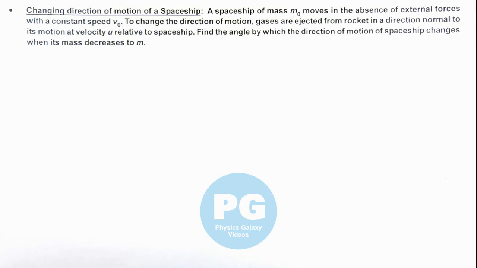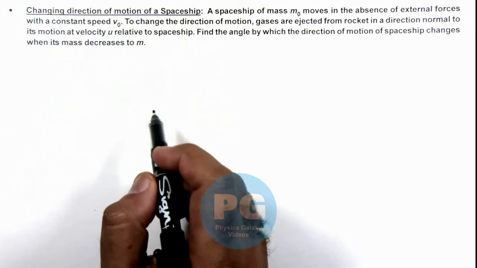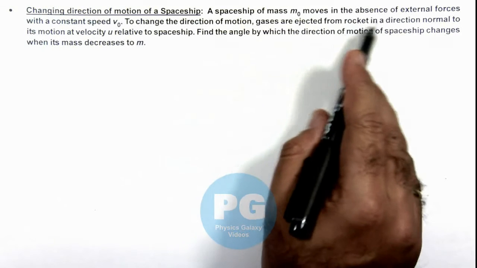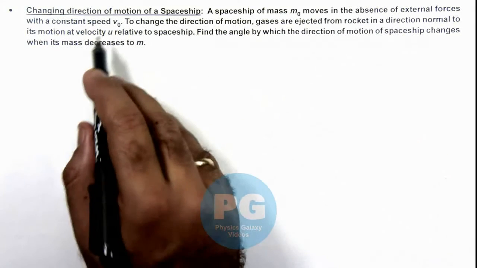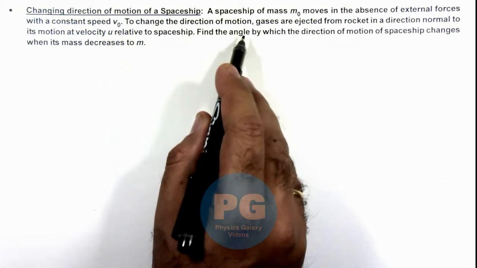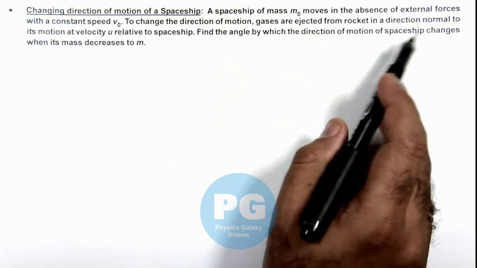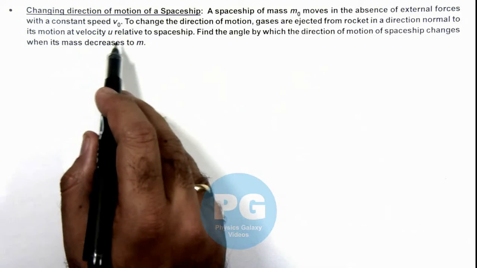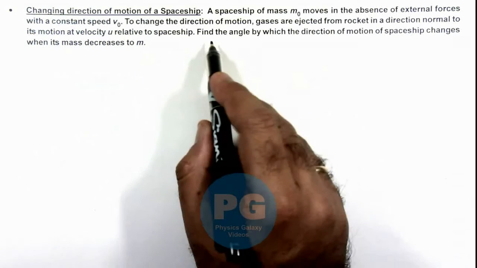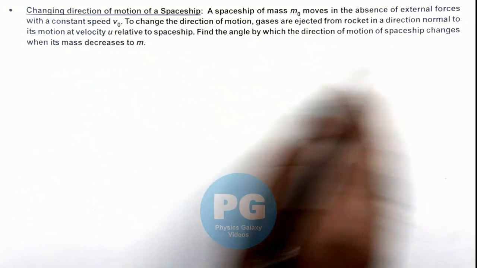In this illustration, we'll analyze the changing direction of motion of a spaceship. Here we are given that a spaceship of mass m0 moves in the absence of external forces with a constant speed v0. And to change the direction of motion, gases are ejected from the rocket in a direction normal to its motion at velocity u relative to the rocket or spaceship. And we are going to find the angle by which the direction of motion of the spaceship changes when its mass